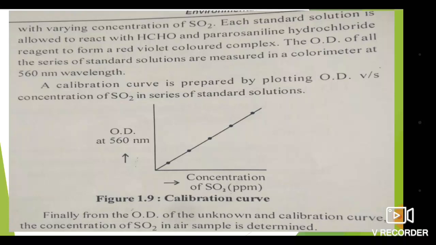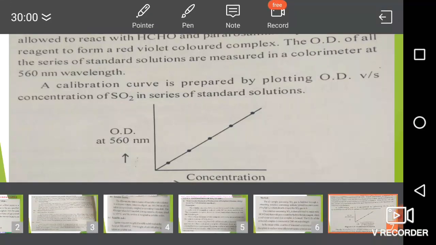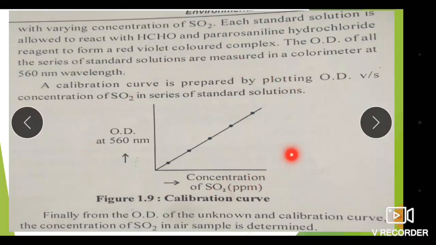A calibration curve is prepared by plotting optical density versus concentration of SO2 in the series of standard solutions. After plotting the graph, we will get this type of plot, and with the help of the optical density on this axis, if we plot the normal to the unknown concentration of SO2 in air, we can get the concentration on the x-axis, and with the help of this we can finally estimate the amount of SO2 present